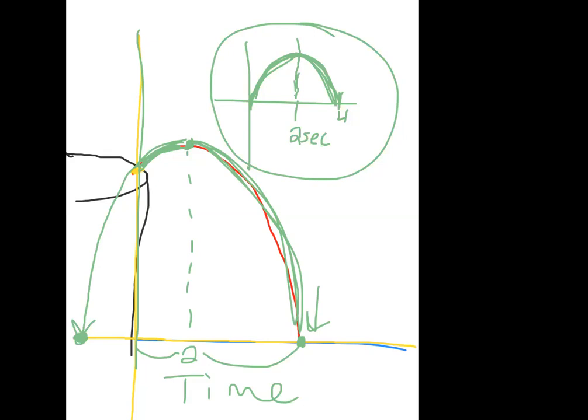If you don't, I'm going to rewrite the function here. So let me just read it to you. It says Jason jumped off of a cliff into the ocean in Acapulco while vacationing with some friends. His height as a function of time could be modeled by the function, and I'll write it down for you in a minute, where t is the time in seconds and h is his height in feet. Okay, so here's the function.